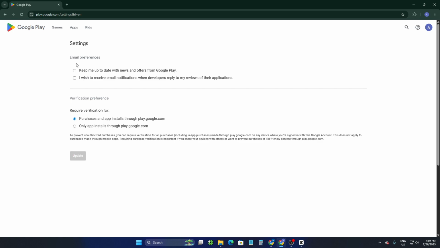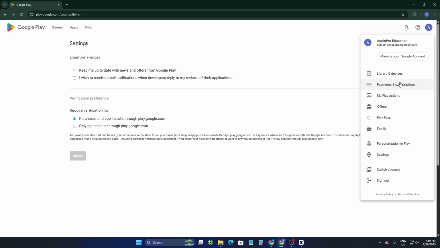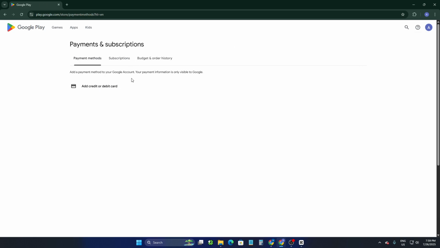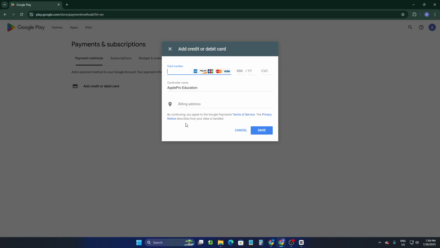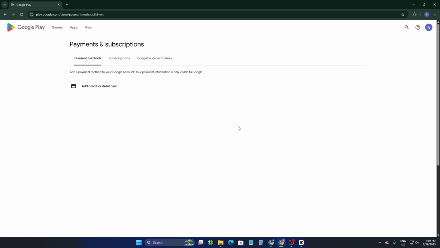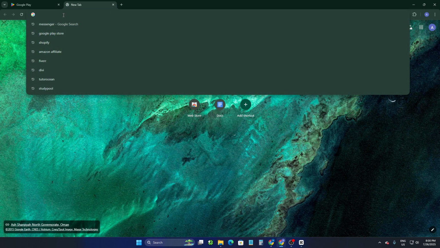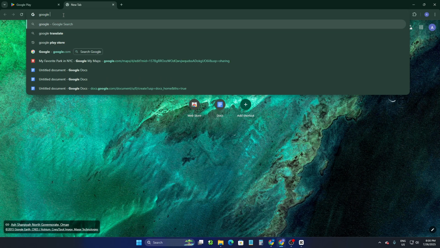So when you are in settings, you can find the payments and subscriptions here, where you can find the add credit card or debit card option. Now from here you can add your current accounts, or you can find the more option from here. Then it will lead you to the Google Payments